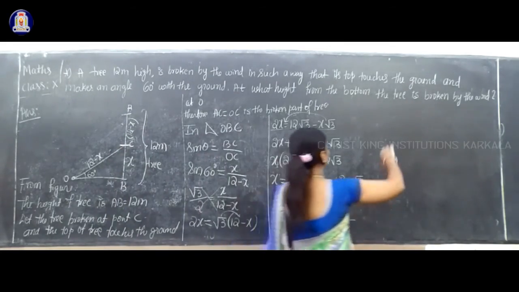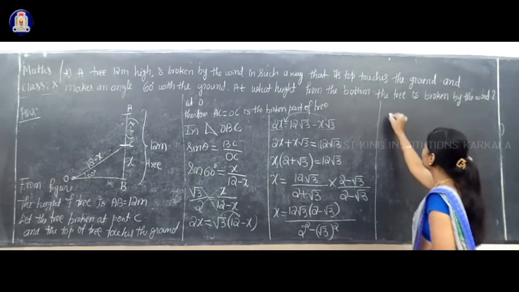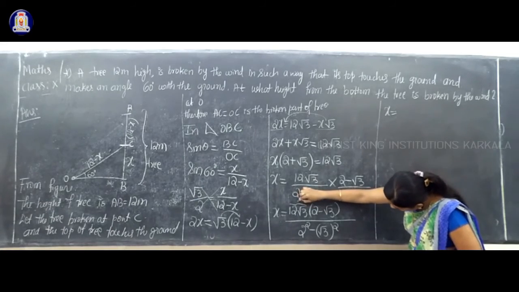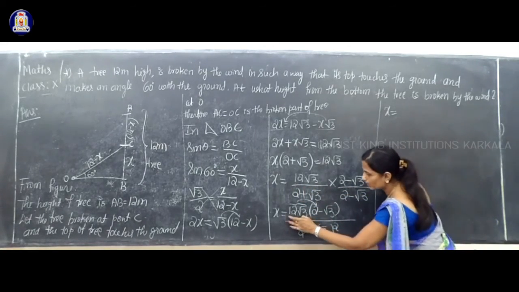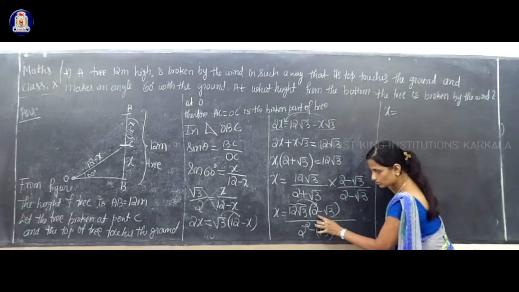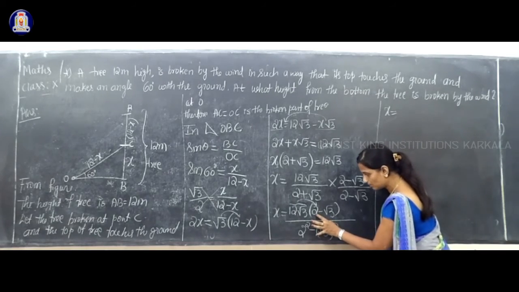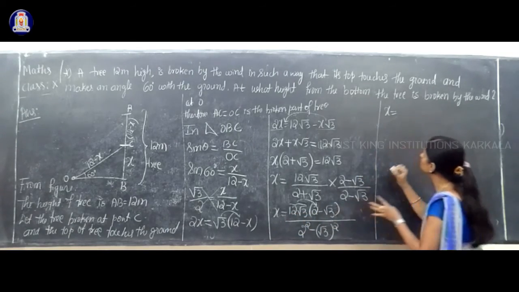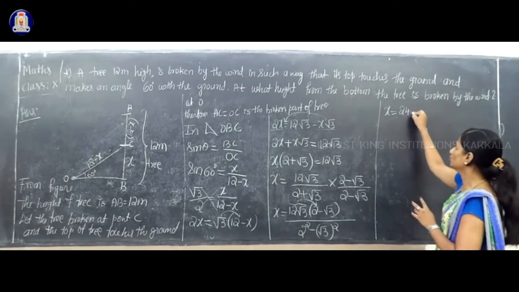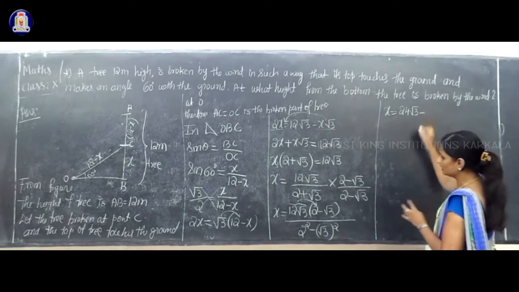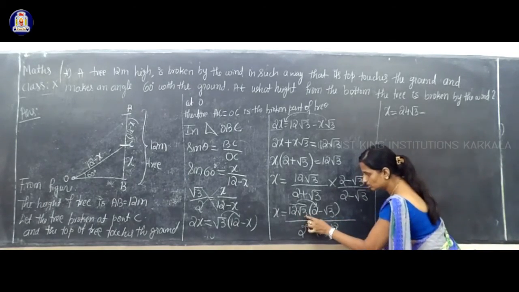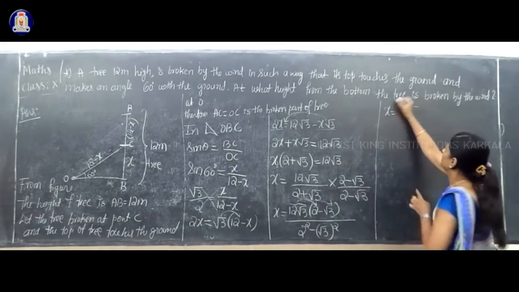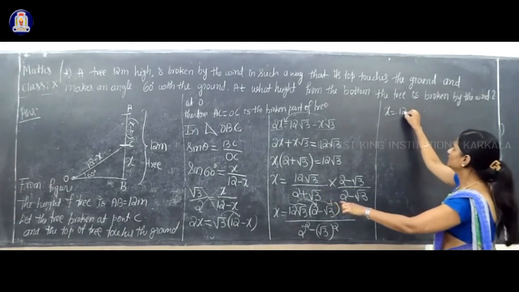So now numerator simplification, open that bracket. So x is equal to, so now 12 into root 3 into 2. So 12 root 3 into 2. So how to multiply? Is it possible to multiply 2 into root 3? No. So here 12 into 2 is 24 root 3. Next minus. So 12 into root 3 into root 3. Correct no? 12 root 3 into root 3.